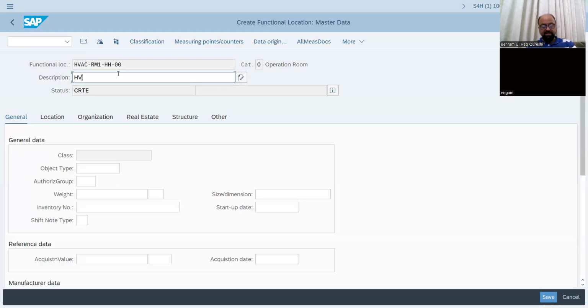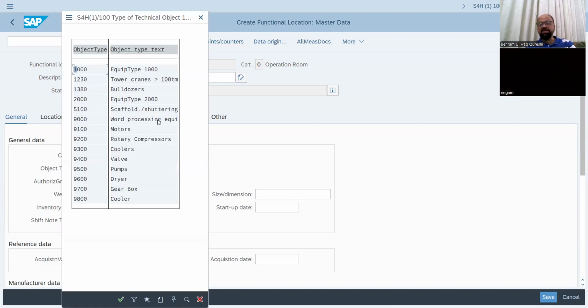So you can give it HVAC complex or HVAC room, and we can give it the date. Today is 2nd of June 25. Okay, now here is the object type. What is object type? It is a functional location, it is a fleet equipment, it is some kind of, you can say, the building,